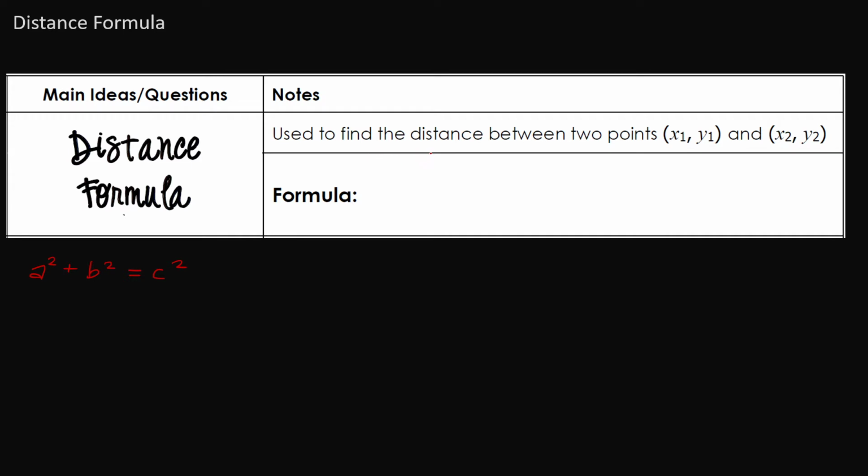So again, the distance formula is used to find the distance between 2 points. Let me clean up those lines here. So let's say those points are called x1, y1. That's one of the points, and x2, y2, that's the second point. So the distance formula looks like this. It says d for distance is equal to the square root of x2 minus x1 squared plus y2